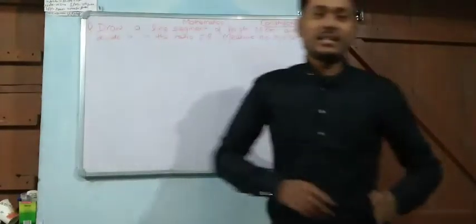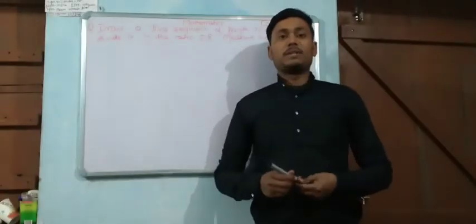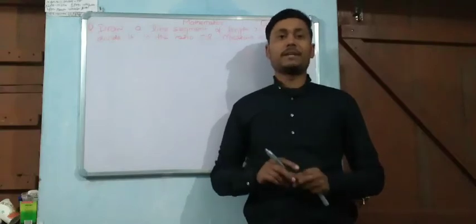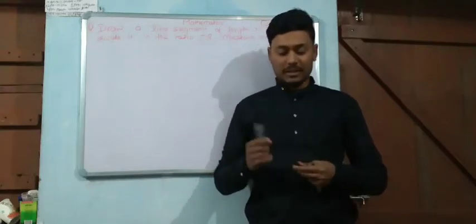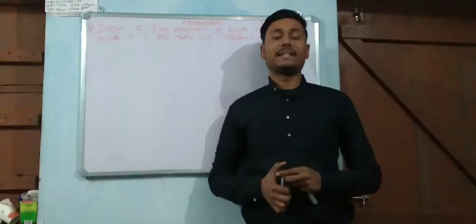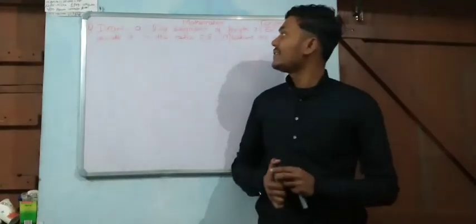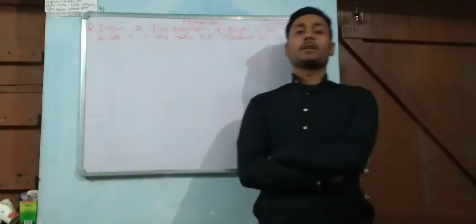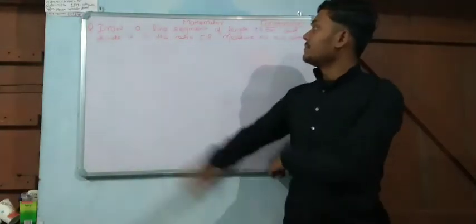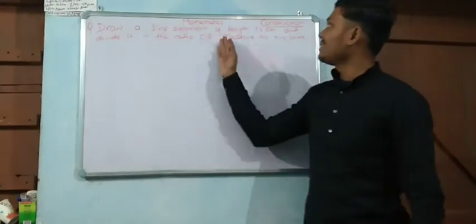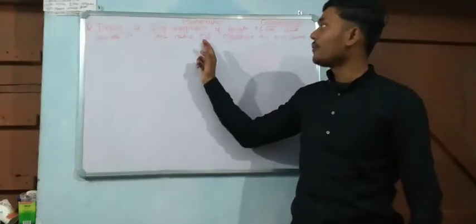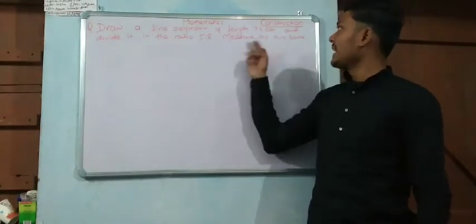Okay. So in the first lecture we discussed the procedure with a solution of a question, how we proceed whenever such type of question comes when we have to divide a line segment. So let's see the first question of exercise 11.1 NCERT. The question is: draw a line segment of length 7.6 centimeter and divide it in the ratio 5:8, and measure the two parts.